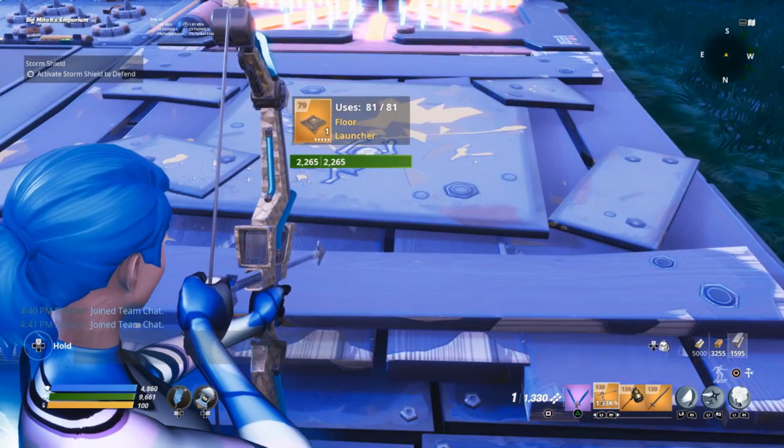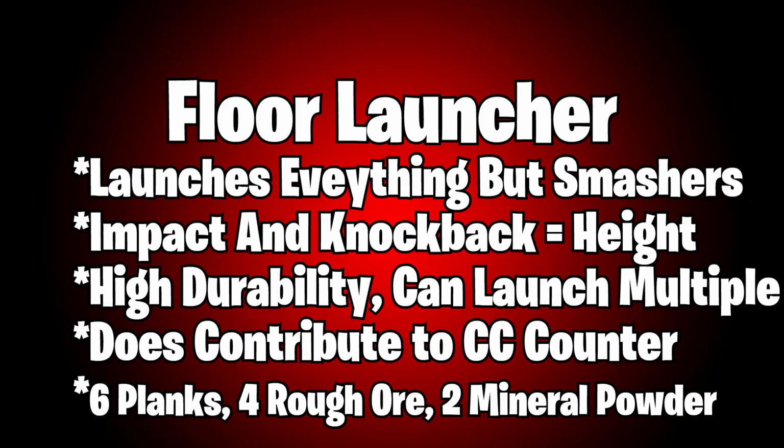Next, let's talk about the floor launchers. Floor launchers do exactly what they sound like. They launch everything but smashers. I know it's a shame we don't launch smashers anymore into the air, but we launch husks into the air with floor launchers. Now you can hit them off a ramp or whatever, but the main thing to take note